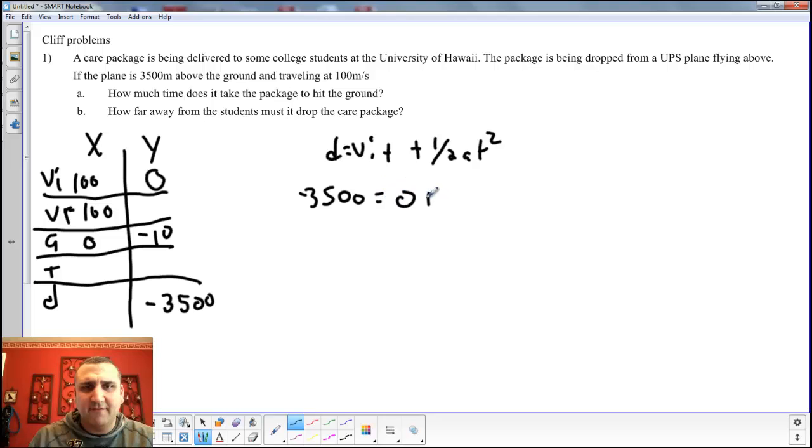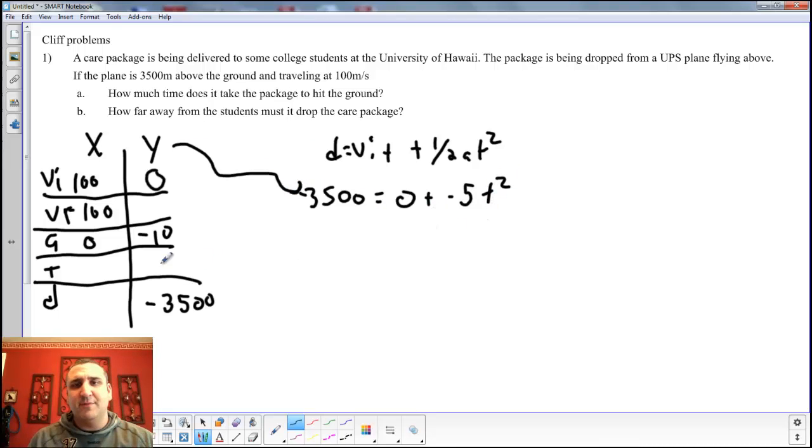So it's only y stuff that's going to land in here, because we're trying to figure out the time, which is the first thing we have to figure out in order to figure out the distance in the x. So we can do negative 3,500 equals negative 5t squared, because that 0 just disappears. We'll end up with 700 equals t squared, and then we take the square root of 700 and end up with a time of